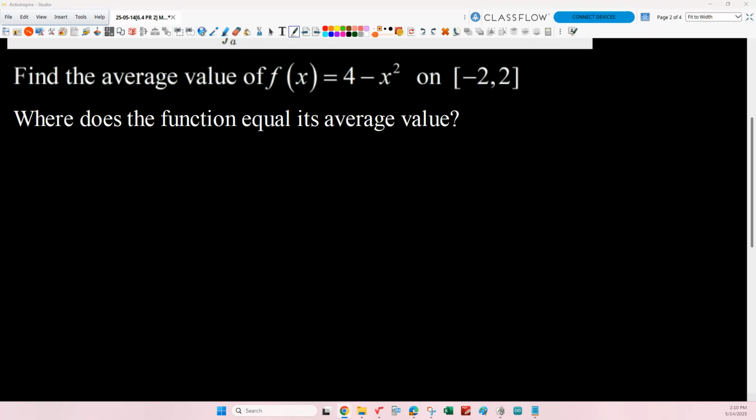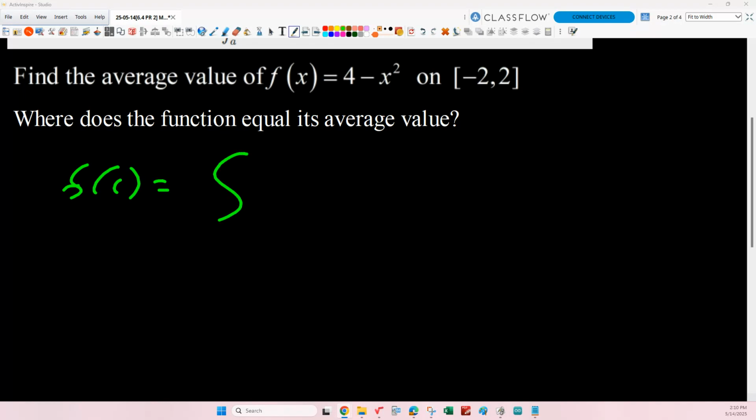Okay, good. It's going to be the area divided by the width of the interval, right? The area divided by its width is going to give you the average height of the area, right? Everybody get that? So f of c